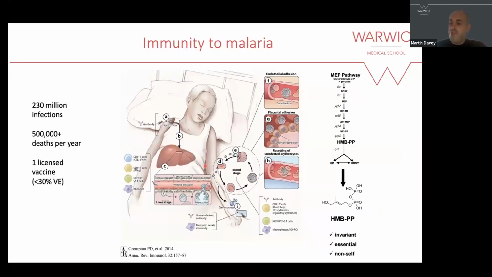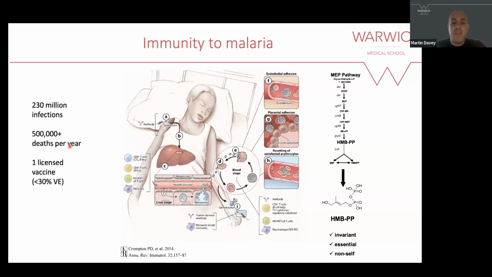So I'm just going to quickly introduce malaria. I'm not going into too much detail, but needless to say, it's a major pathogen that causes a lot of infections. These numbers probably need updating, as I think it's actually increasing for the first time in about 6 or 7 years. The number of infections are increasing, probably because of effects of global warming, and the deaths per year attributed to malaria infections are also on the rise. They've picked up quite significantly. I think we're at about 650 to 700,000 deaths a year, and a lot of the community are hoping that's going to dip back down.